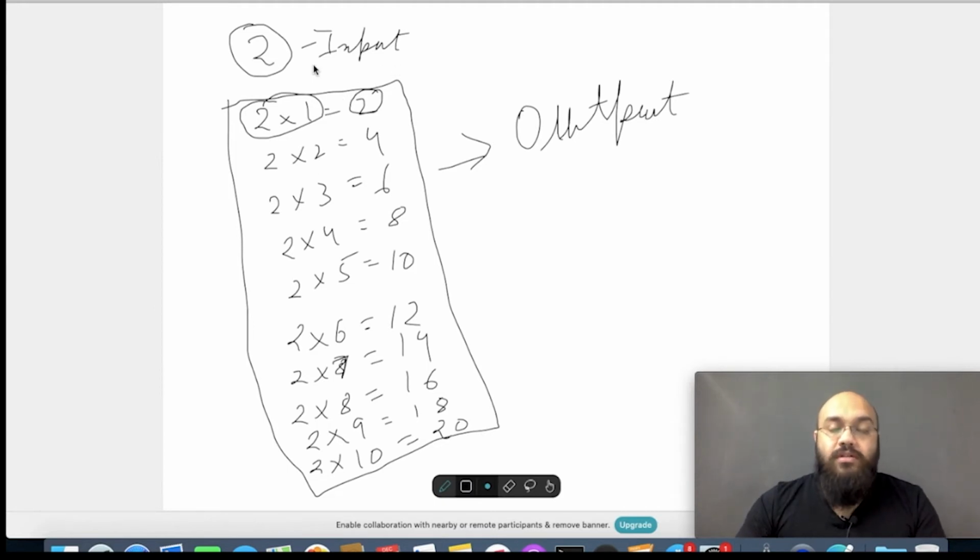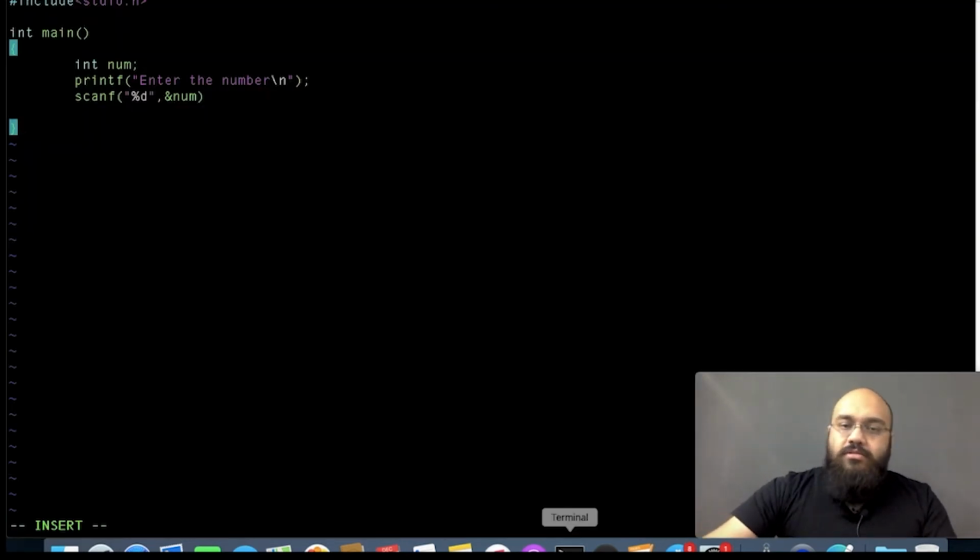You can of course do this without all this manual work, but this will make it easy for you to now write the program because you know this logic clearly. You can still straight away dive into writing the program. For some of you it might be easy, for some of you it might be tough. Of course this is a very simple logic, so it is easy for most of you, but as and when the complexity of the program increases, this is a good way to have a dry run, or basically to have the logic clear on paper and then write the program. Anyway, so coming back to the program, now we know we want to execute an instruction 10 times.